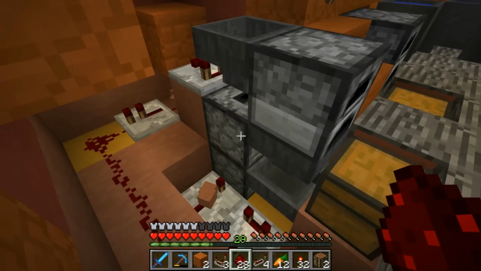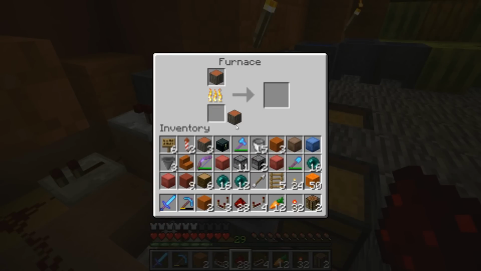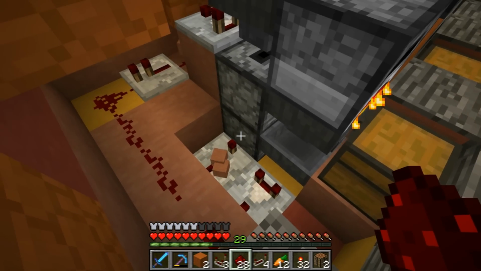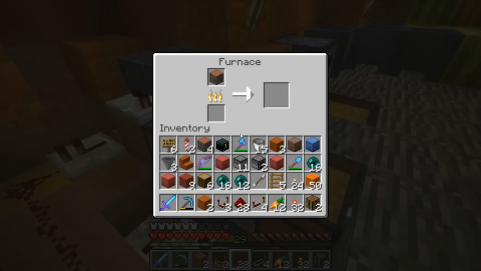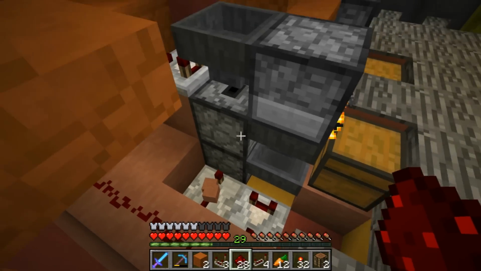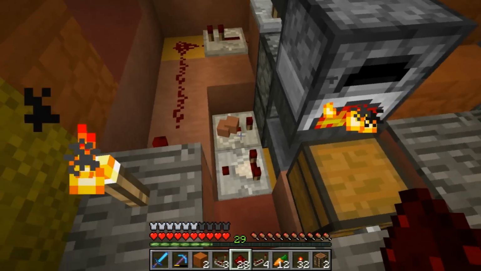Let's see, so if we put a, let's just do this real quick here. So if we do that, this will smelt up into charcoal, and then we should see the charcoal go straight down, and then over into this dropper, and then up. So we should have a charcoal sitting right here after we're done here. So there it goes, and there's the charcoal back in there. So now it will just constantly keep filling up until we get 64 charcoal in here. And we should see this come back right about now. There we go. Sweet. Okay, so that portion is working,